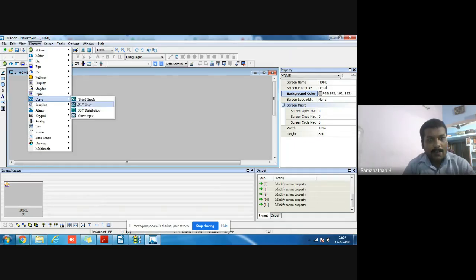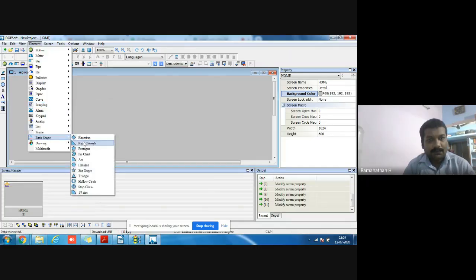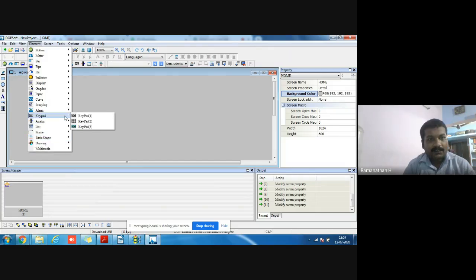Then alarm history table, active alarm list, then sampling trend. These are the trends, some basic shapes: polygon, triangle, pipe. Then sliders are also available.